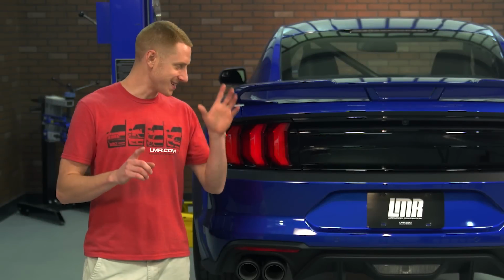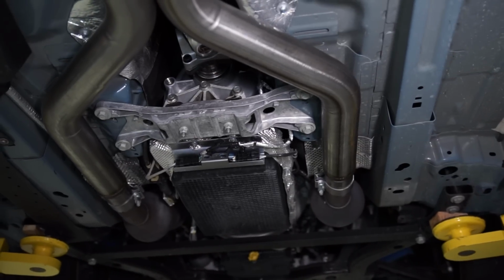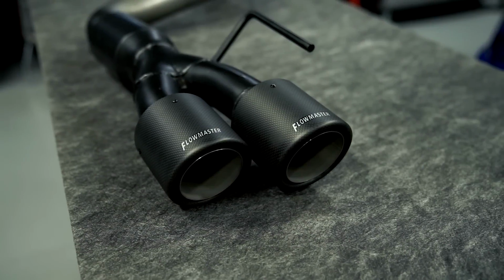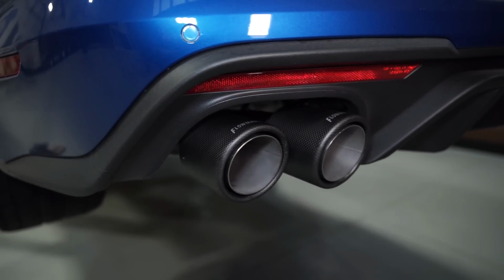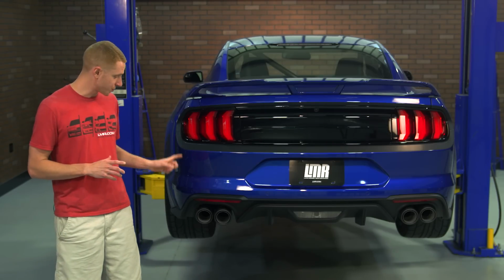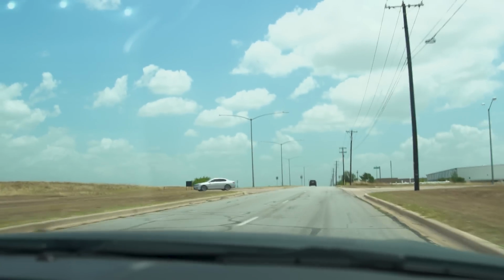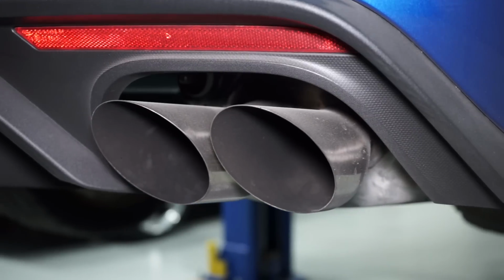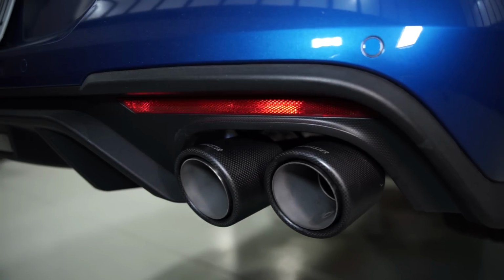Well, this system is by no means quiet. Flowmaster is definitely right in stating that this system is for those of you wanting a very aggressive exhaust tone, both inside and outside of the car. Because of the deletion of the factory resonator and the overall physical size of the Outlaw mufflers, there will be some drone present at cruising speeds. Other than that, this is a high quality system made in the USA, all backed by the tried and true